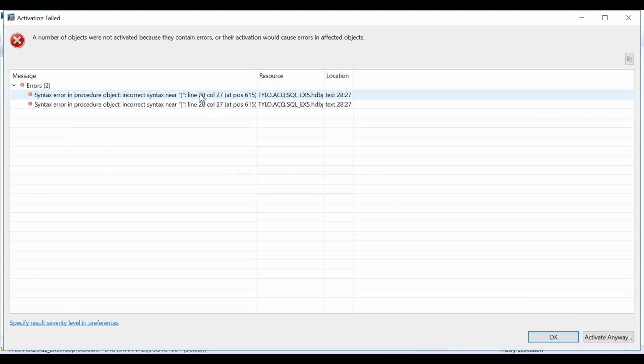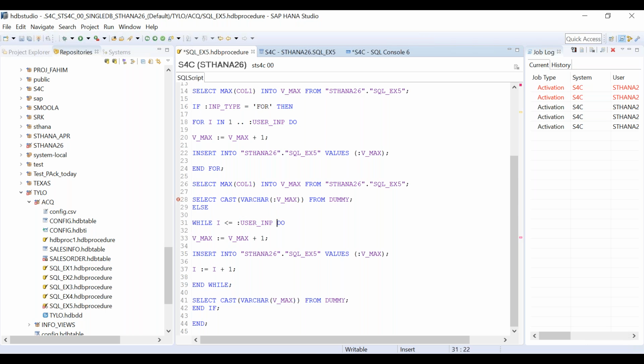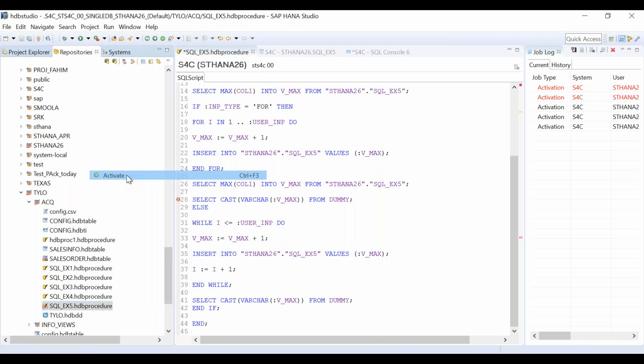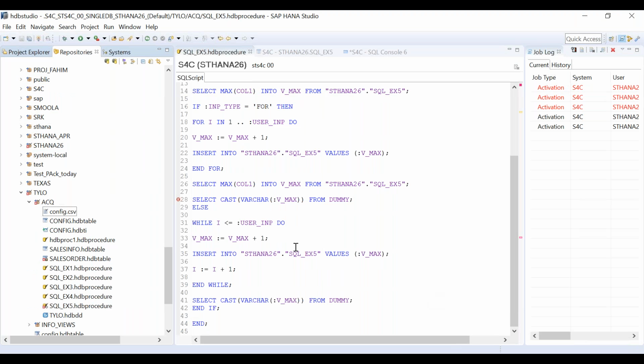Again, problem, some line 28. Select cast conversion varchar v underscore max. I think we have to use this, then only it will work. I think so. Let me see that. Is that the problem? Activate. No. The problem is something else.